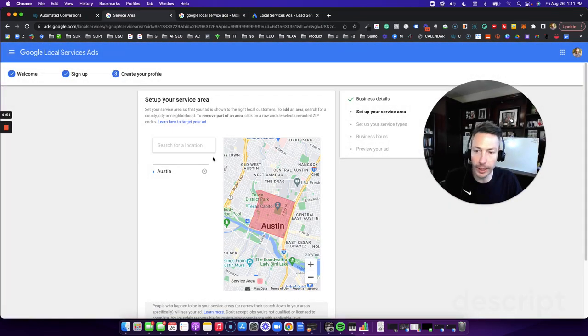This is where we're going to get some context. Because we're not paying for impressions, we're only paying for phone calls in this particular situation, you can select pretty much as much of your marketable area as you want to engage with. You can go around, add in multiple areas, search, pick and choose: I only want to show up here, here, and there. But there's no real downside to adding more area in,